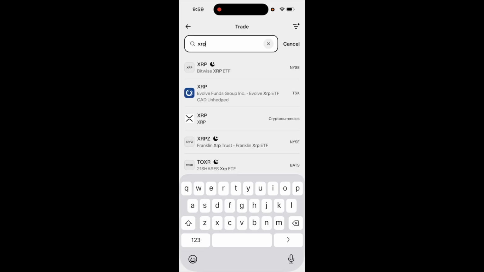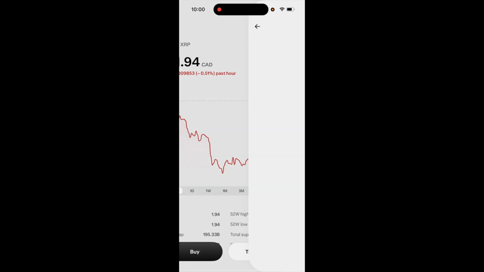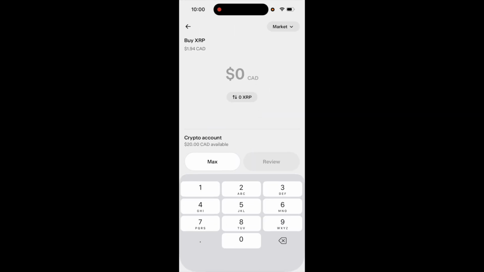Once you're here, a couple different options down, it says XRP under cryptocurrencies on the right. Simply go ahead and select that. Once you're on this screen, go to the bottom left and press buy. Now you can type in the amount of XRP that you want to buy. So for example, if you wanted to purchase $3 worth, you would type in 3. It would show you how much XRP you'd be buying, and if all looks good and you want to proceed,